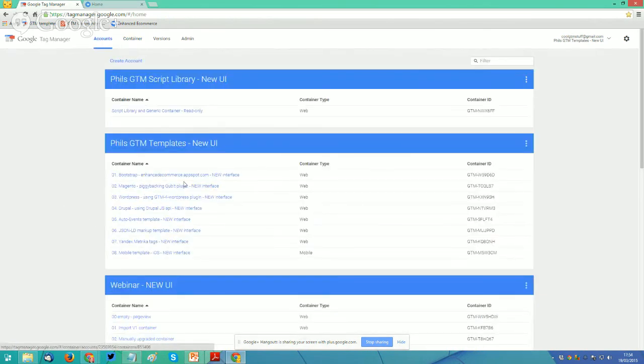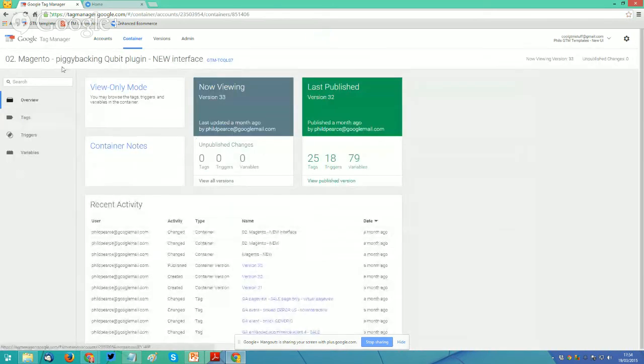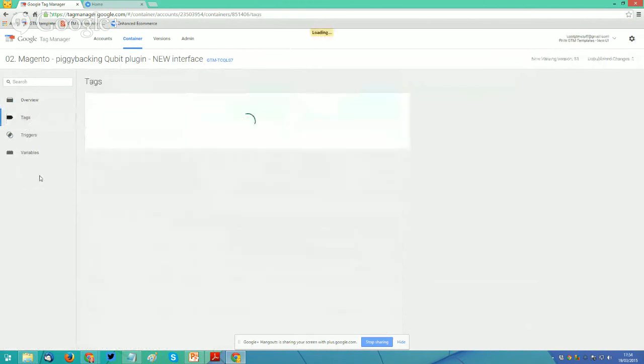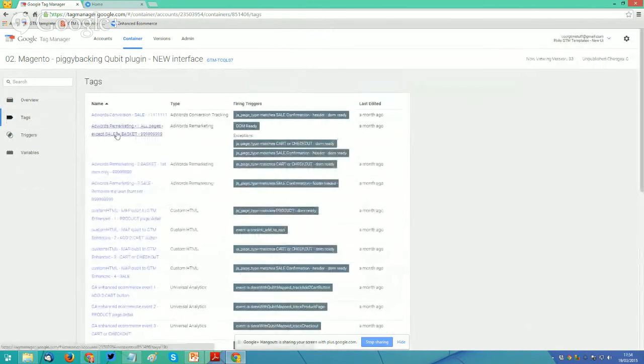If you go into the Magento one as an example, and you click on tags, then on the left-hand side you'll see it says AdWords remarketing. One says basket first, so it's actually.